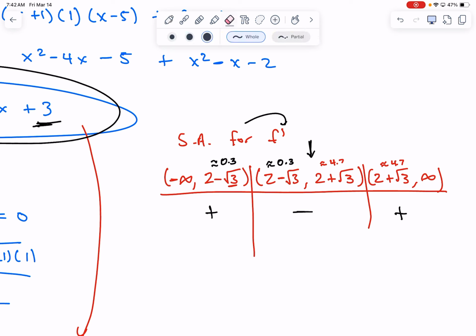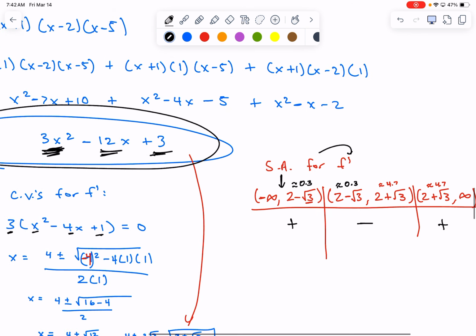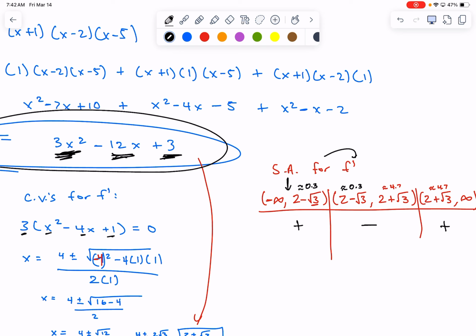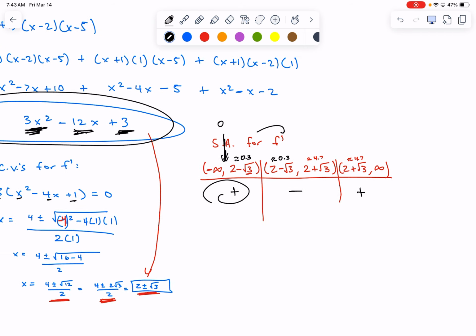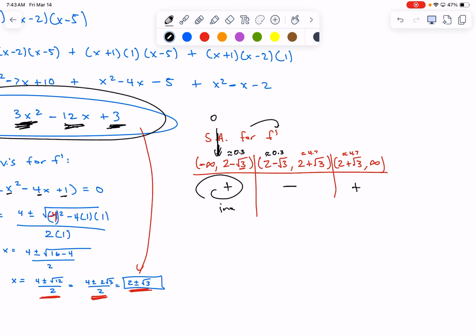So 0 is not in this interval. Where's 0 going to lie? In the first one. So yes, that's right. So it's positive. Okay, so if I plug in 0, I'm going to get a positive 3. So yes, that's positive. So I tested this one right here with 0. All right, my fault. So then this will give me increasing, decreasing, increasing, and then you're going to say you're